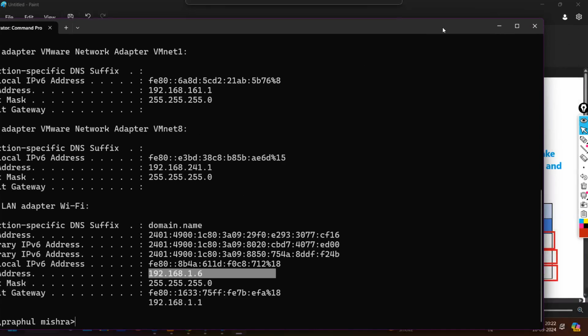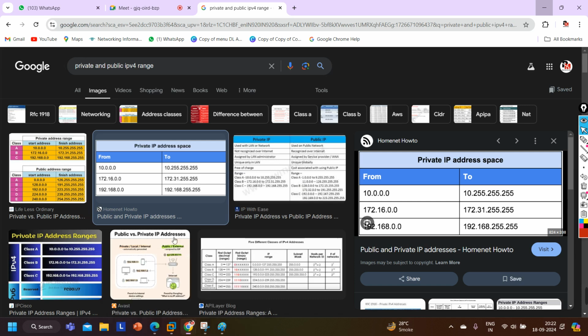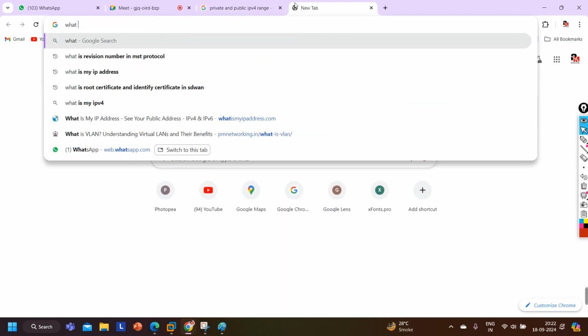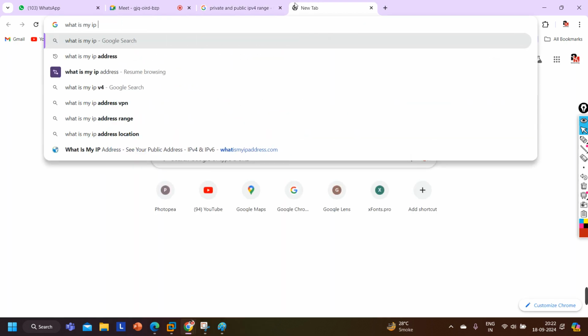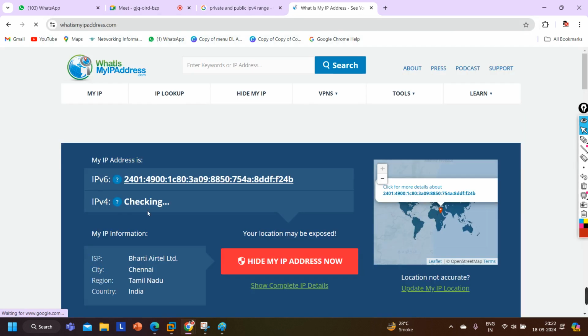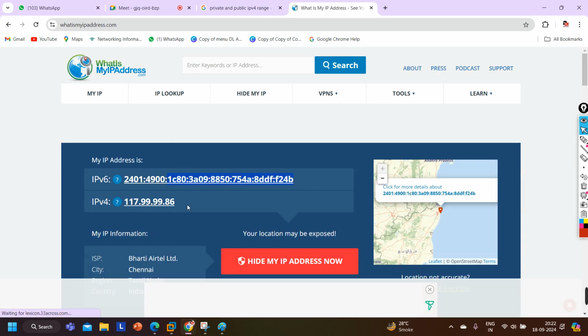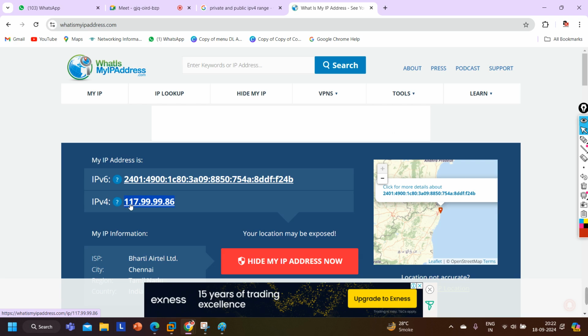Right? And if you want to see my public IP address, here I can search what is my IP address. You can see this is the IPv6 address and this is the IPv4 address, right?